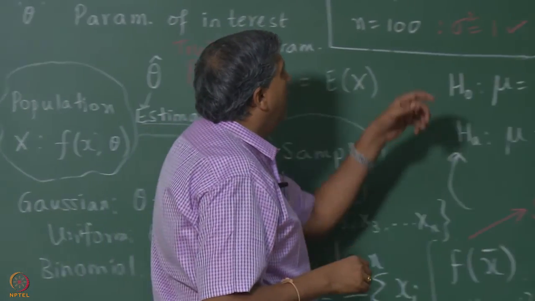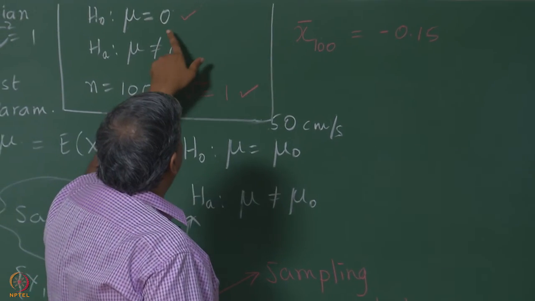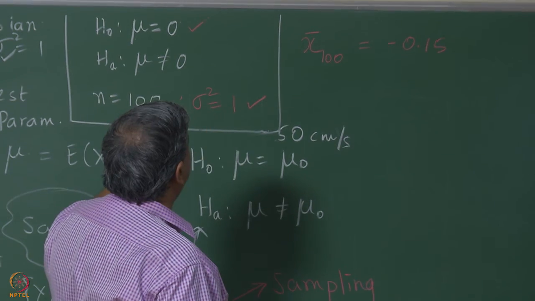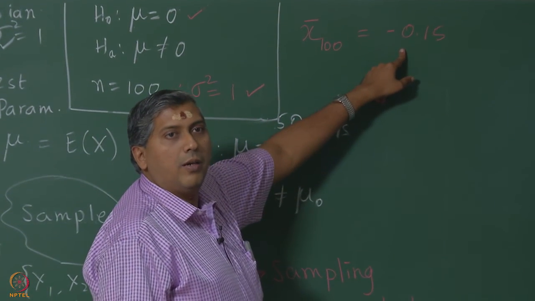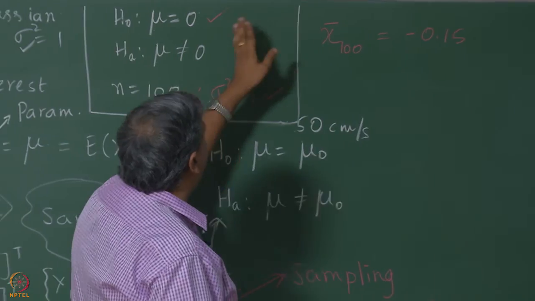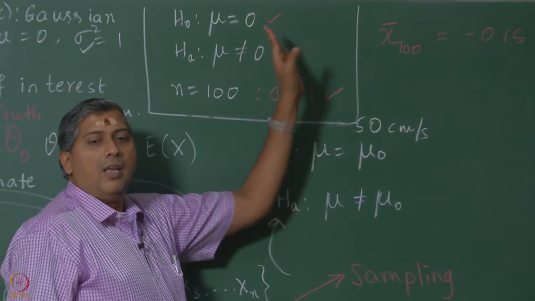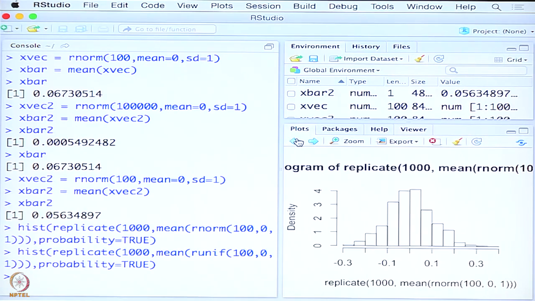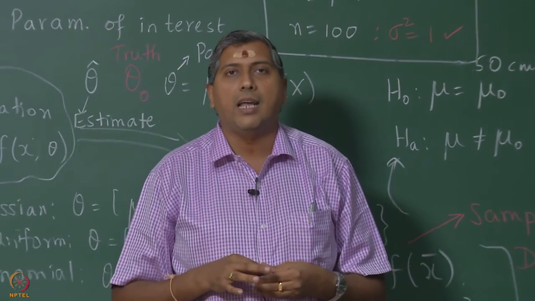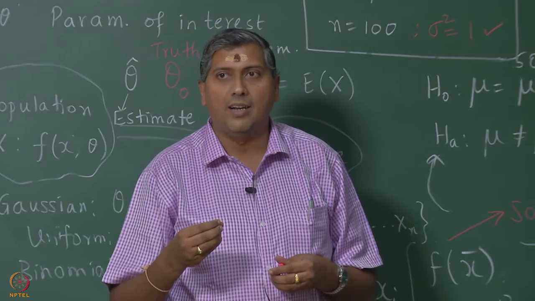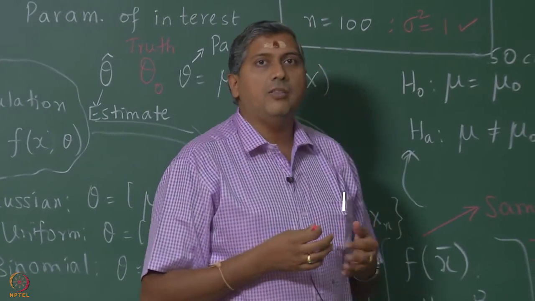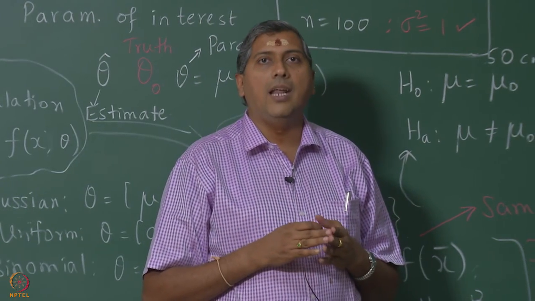So, likewise here, if this is true and given all the rest of this to be true, if the x bar turns out to be a low probable value, then most likely this null hypothesis is not correct. So, if you turn to the PDF, you can see that minus 0.15 is not a very unlikely value, but what is likely and what is unlikely is something that we have to decide upfront, which we call a critical value, and that depends on the error that I am willing to tolerate.